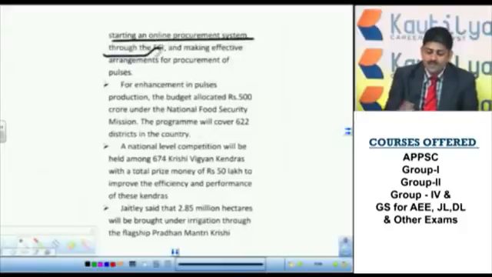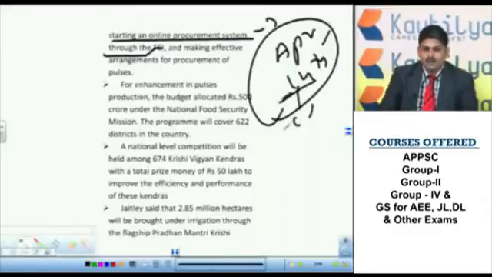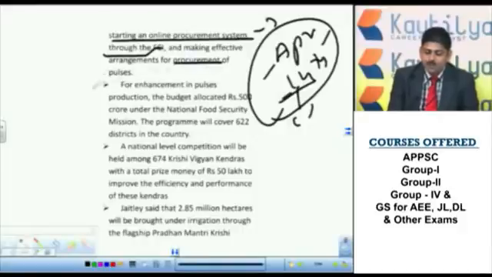online procurement system through FCI. This will become an important question because on April 14th, the Government of India wants to start this in a big way. Why this date? This is the birth date of Dr. B.R. Ambedkar. So they want to take this procurement process online. That big scheme we will talk about later once it is launched, and making effective arrangements for procurement of